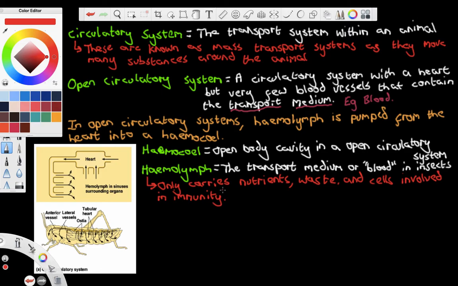Remember, insects have these tracheoles which deliver oxygen and remove CO2 directly from and to cells. So I'm going to put here, it does not carry oxygen or carbon dioxide